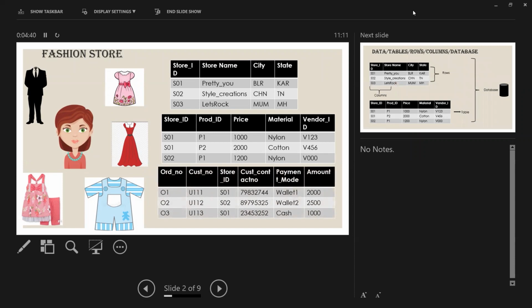The same way, as business slowly starts picking up and orders start falling in, right? Now when more orders start coming in, I need to maintain it for multiple reasons. I need to have an account of how many products so far I have sold, and what is the amount right now I have in hand, and what are the different payment modes customers are using, and their contact numbers so that I can contact them for any coupons or discounts, right? So she is preparing another table for that, and she started storing these details.